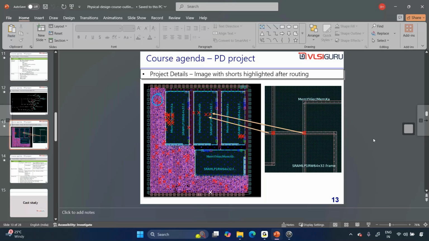Is coding required in the physical design course, sir? Coding is not mandatory to do physical design. If you don't know coding, you can still survive in physical design. But if you know coding, you have a better advantage of growing in the field. How do you grow in the field? In physical design, if you know Tcl coding,